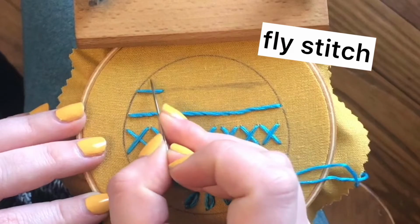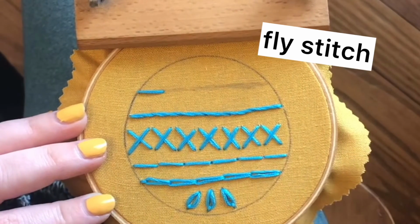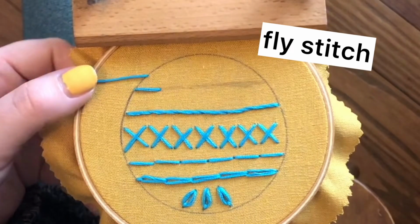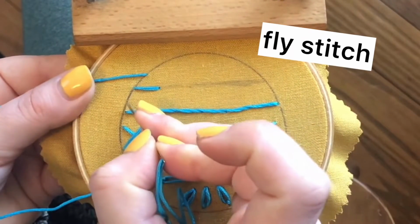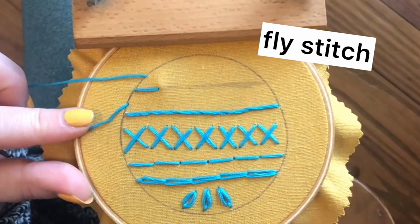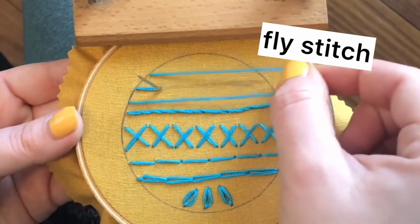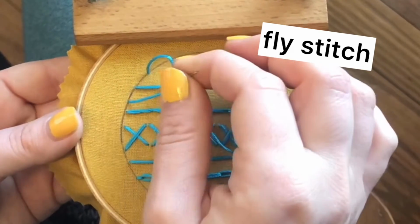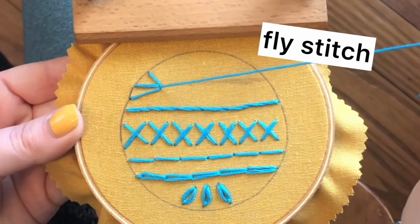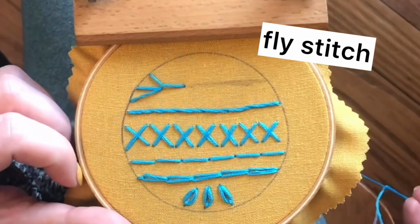Now we're going to imagine a line going this way up here and a line going down here, kind of like we did with our cross stitches. I'm going to go to the edge of my hoop and come up and then hold this with my thumb, and I'm going to go that same space down, leaving a loop. Come up through this hole here, move the loop to the right, and pull the floss like that. Now to secure that, you're going to go back down that same distance, and now it's secure,